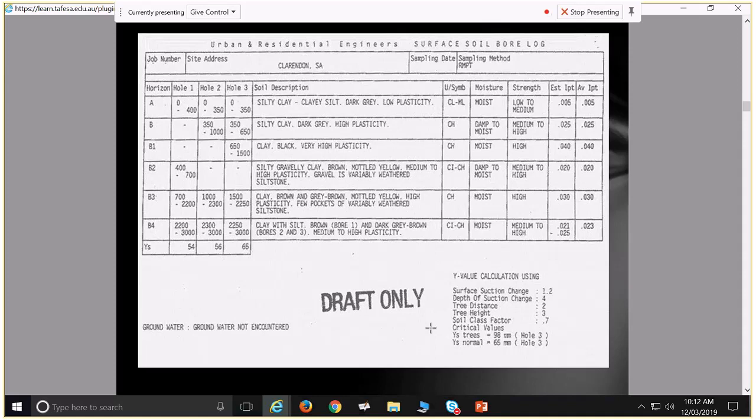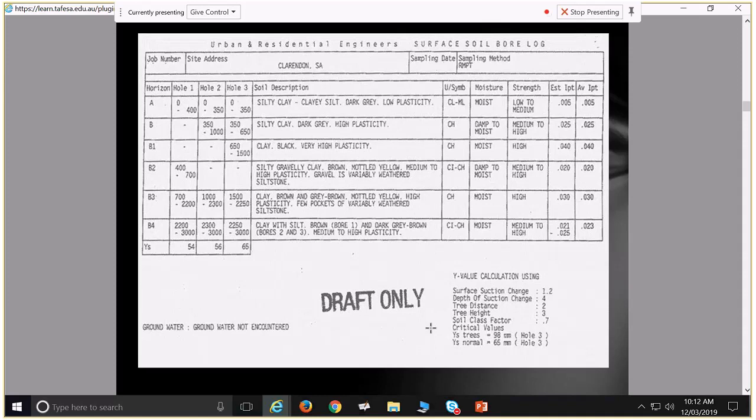So I spoke earlier on about shear forces, where you've got two actions happening right next to each other. Here we've got 54, 56, and 65. That's not a huge spread in value. If we get something like a Y value of 20 or 30, and then we've got a 65 here as well, we're probably going to have to invest more in the footings to resist something like that than we do for something like this, where we can expect a lot of the movement to be fairly much